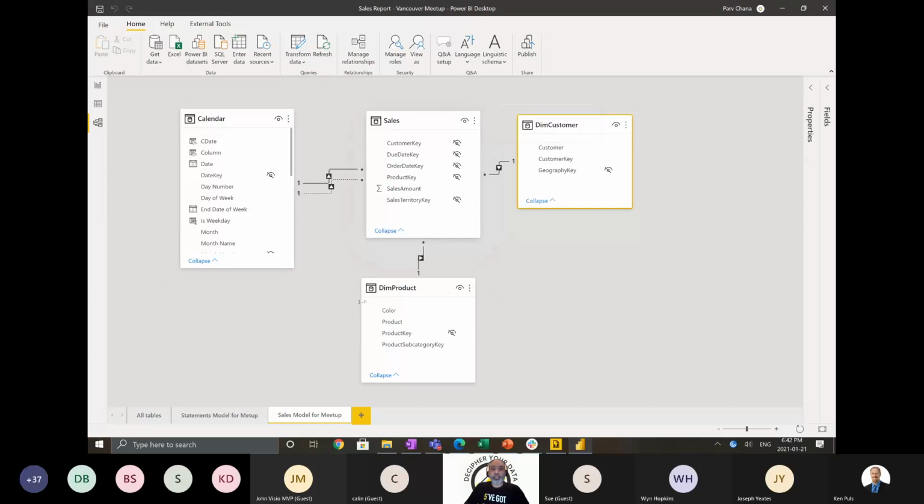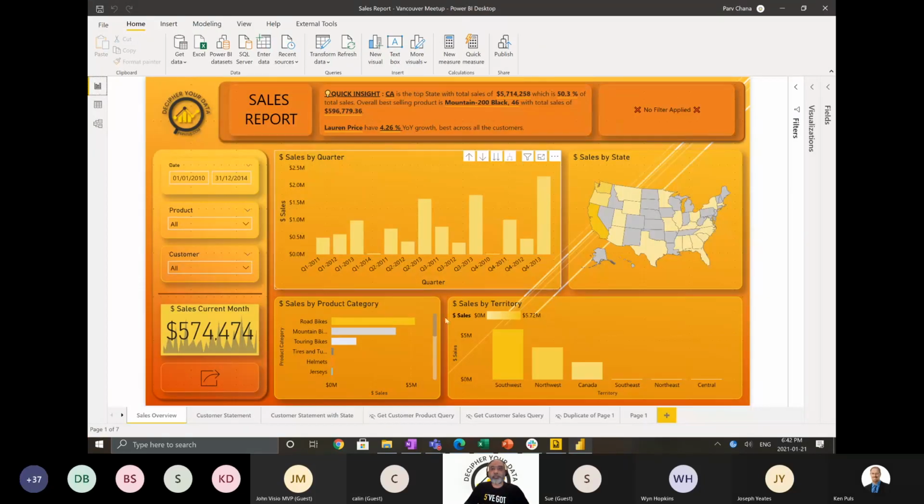And I published this report, a very simple report. It's showing the trend over time, sales by state, sales by territory, sales by product category, typical things, and nothing fancy. Some parameters here, and products and customer slicers and all that fun stuff. So nothing fancy, just a regular Power BI report. So I published this in